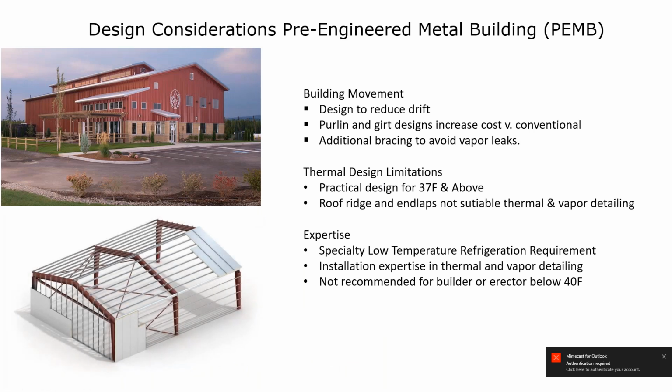Moving on to design considerations for pre-engineered metal buildings, you can imagine that the IMPs, of course, are conducive to this type of design. It was very prevalent on the West Coast when pre-engineered and IMPs met that it was the best practical application for speed of build, thermal performance, and it can be used for controlled environments. The project represented in the picture is a brewery front of house with the keg storage included within the metal building itself. So it is an opportunity to utilize products in varying degrees, but practically the practical design for